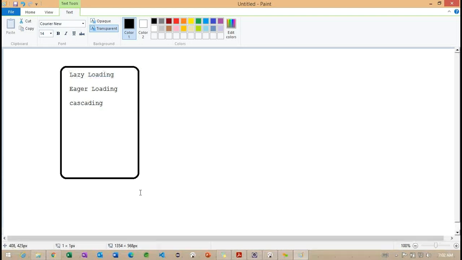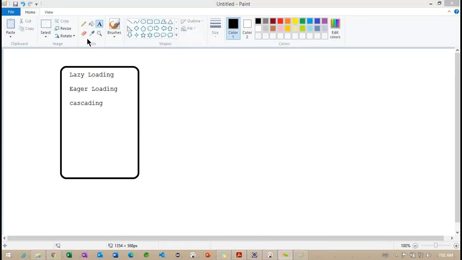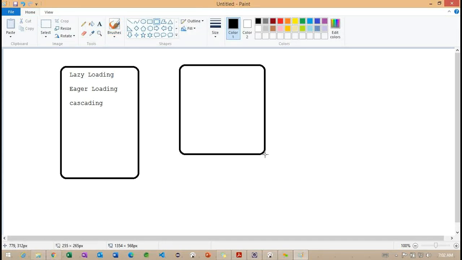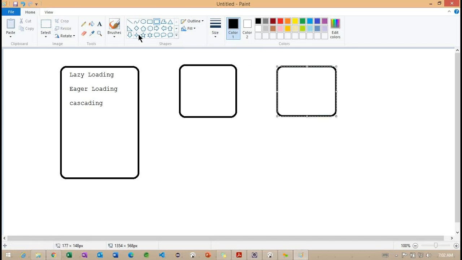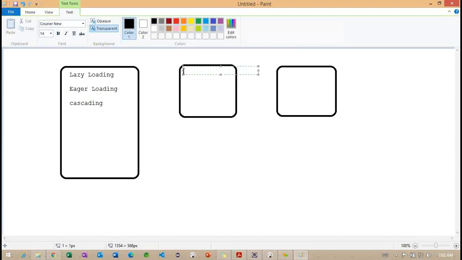Getting the point. Lazy loading is nothing but, for example, in the previous example we discussed something called item and bid. This is the item and this section indicates bid. Inside this item we identified a one-to-many relationship or many-to-many relationship.